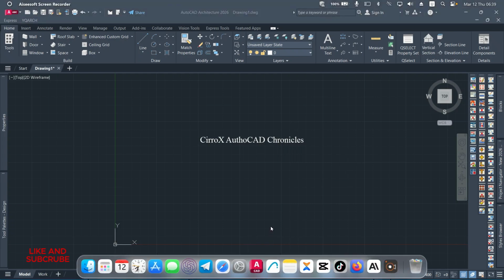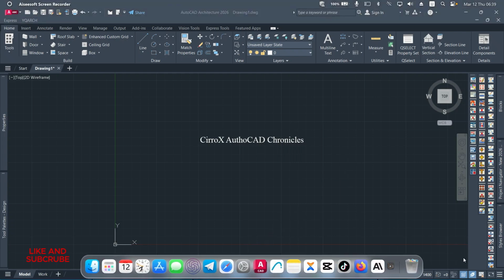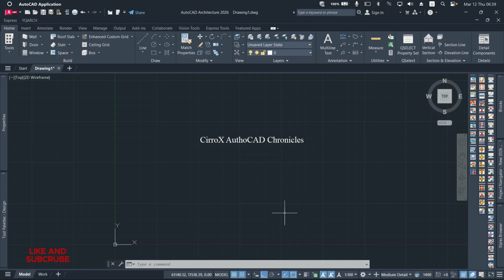So in today's video, we're actually going to use a plugin called YQR plugin. Okay, so this YQR plugin is actually going to help us to fasten our floor plans. Before that, I'm going to use the line to draw my total wall length. Okay, so I'm going to have a total length of